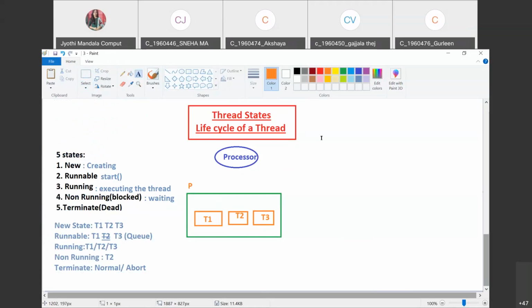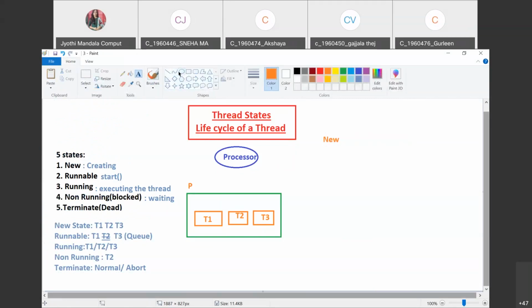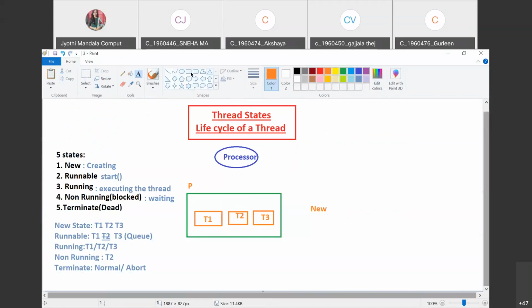Our first state is the new state. This new state can be represented like this. So this is our new state. Note down this diagram, all of you.